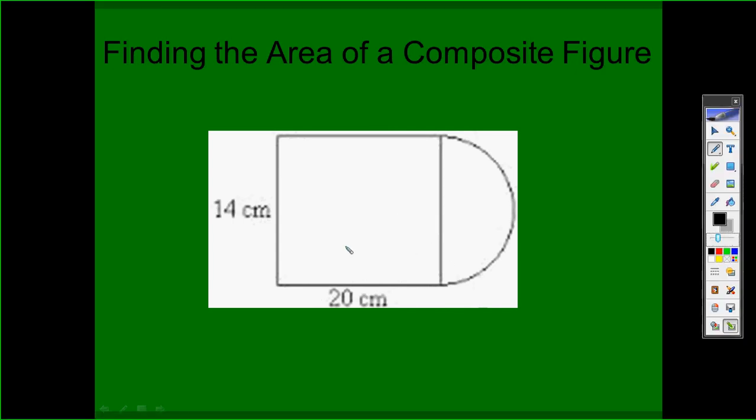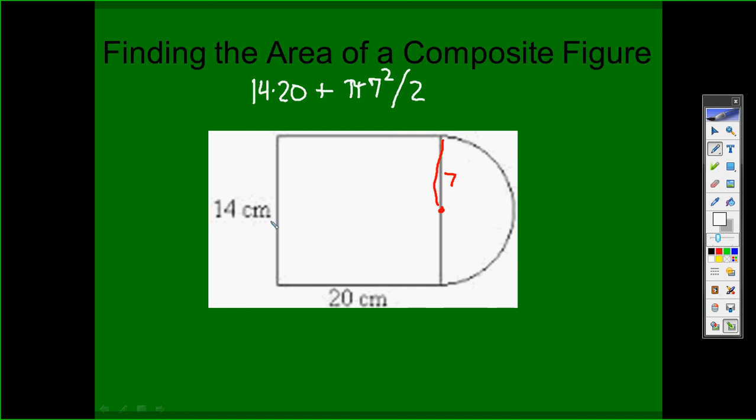Now we've got a little different figure. We've got a rectangle and then a half circle. So the rectangle would be, I'm going to actually write this out in one long formula so you can see when you have different pieces you can just put the formulas together into one big formula. Base times height, 14 times 20, plus I need to add on the area of this half circle. And if this entire diameter here is 14, my radius would be 7. So I'm going to go pi times my radius, which is 7, squared. That would give me the area of an entire circle, but I only have half a circle, so I must